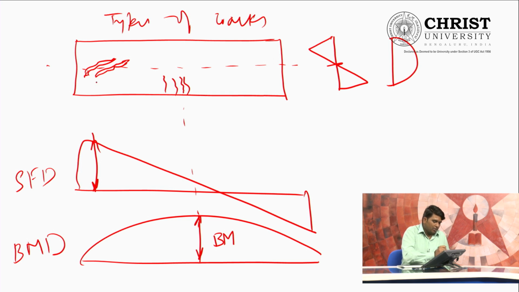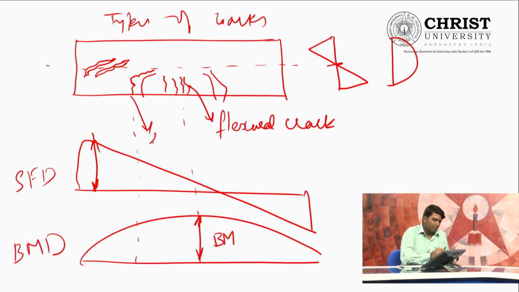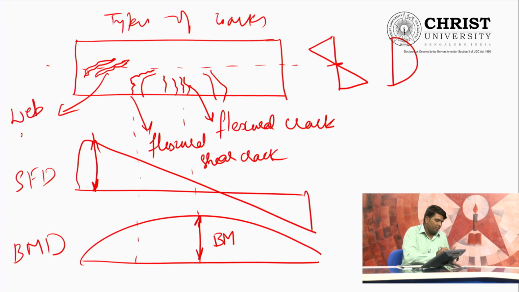And between the support and the center of the span, in the section we are considering, we have both flexure and shear. So the orientation of the cracks will be that they originate in the vertical direction and then become inclined. Number 1 is flexural cracks. These type of cracks are called flexural shear cracks. And this is also a shear crack, but we can call it web shear cracks.